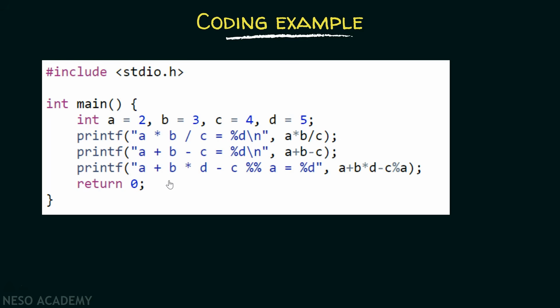In the third printf function we need to know two things. First of all, I put 2 percent signs here because I need to print 1 percent sign onto the screen. If you simply write 1 percent sign, then the compiler would think of %a as a format specifier, which is not what we want. Therefore, to eliminate the confusion, we put 2 percent signs to print 1 percent sign onto the screen. Okay? Now let's evaluate this expression.